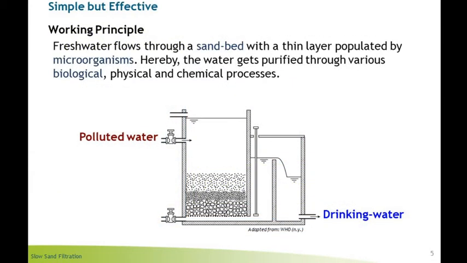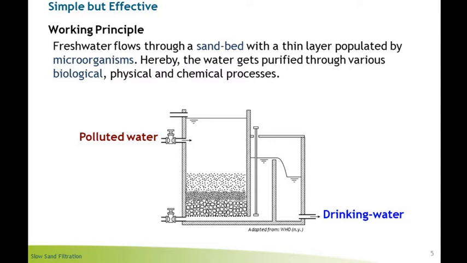So for the working principle, you can see the filter. This is the type of filter, the slow sand filter. The rapid sand filter is also similar to the slow sand filter, with the difference being in the drainage system and in the size and depth of the gravel and sand. You can see in that figure, at the bottom is the drainage system for collection of filtered water. Above that you can see the white color, which is larger or coarse gravel. Above the coarse gravel is fine gravel, and the top layer is very fine sand.